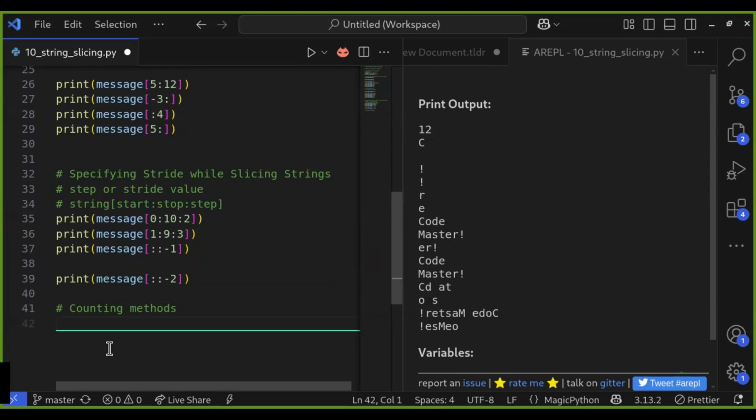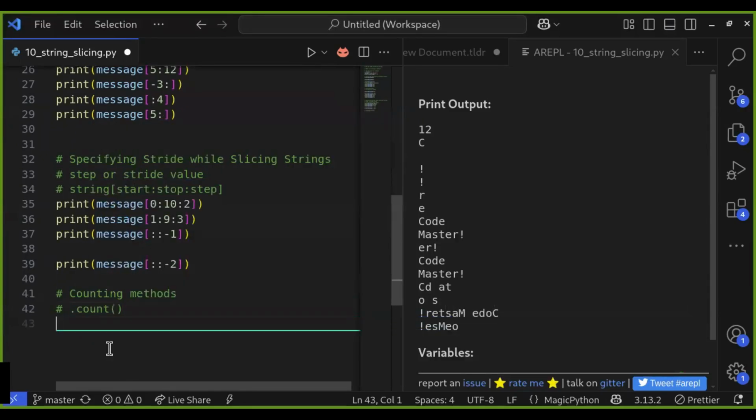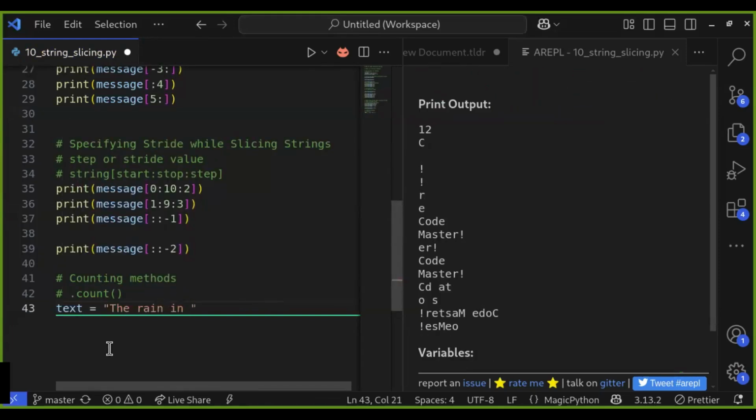It's called counting characters. In many real-world applications, you must count how many times a specific letter, word, or symbol appears in a given string. This is where Python's built-in count method comes in handy. Here is an example. Text: the rain in Spain stays mainly in the plain.